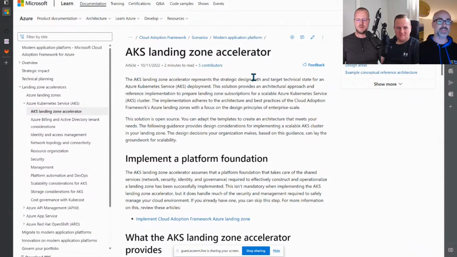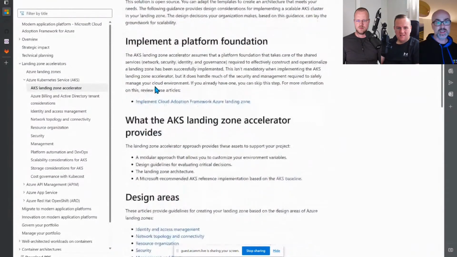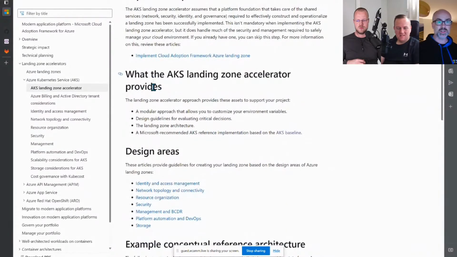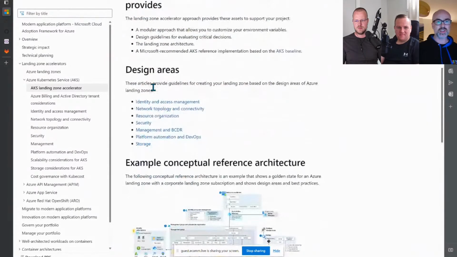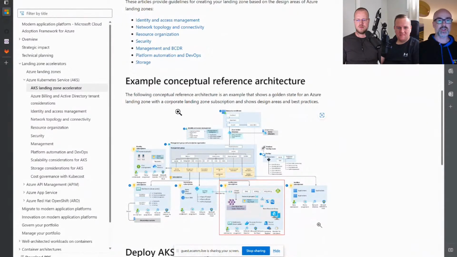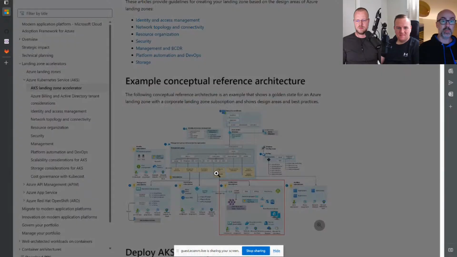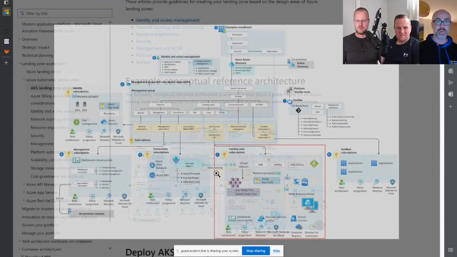There's so much good material here. So I'm going to start off our journey by looking down through this page, and I'm going to jump into one of the diagrams, which I think always sets the context of a big part of the problem that we're trying to solve.